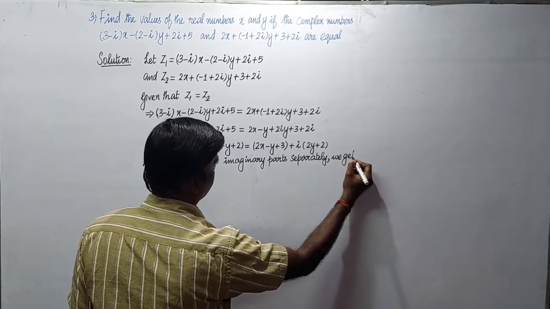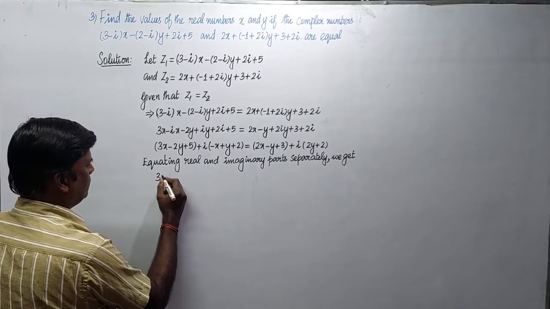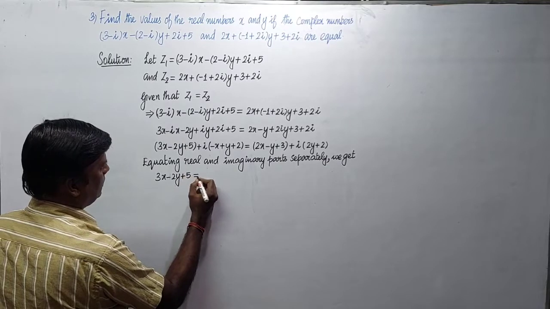When we equate the real parts on both sides, we get 3x minus 2y plus 5 is equal